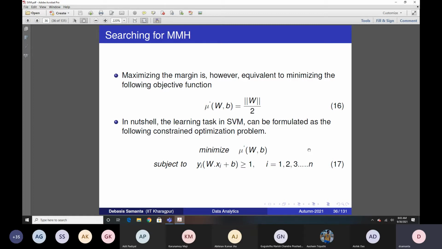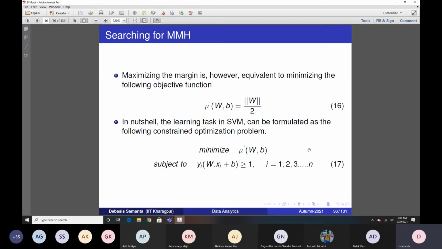So this is actually to search for unknown parameter values, and then there should be a constraint. The constraint is that for each training data, which is defined as the (xi, yi) tuple, where xi is a vector and yi is the class label. And as I have mentioned, we are considering binary class classification. This means that yi has only two values, +1 or -1. So (xi, yi) is the training tuple, and we consider n training tuples. That means there is a training data set of size n.